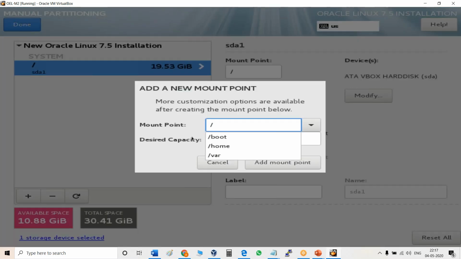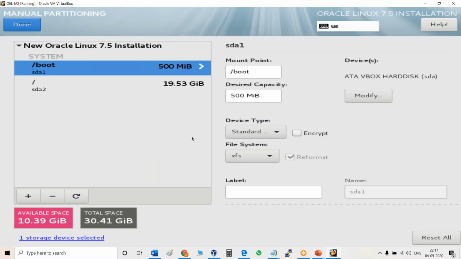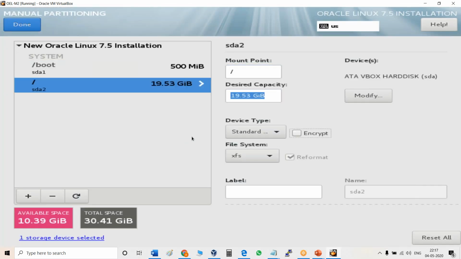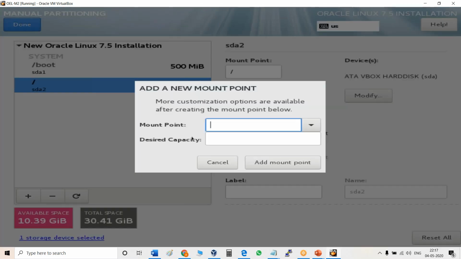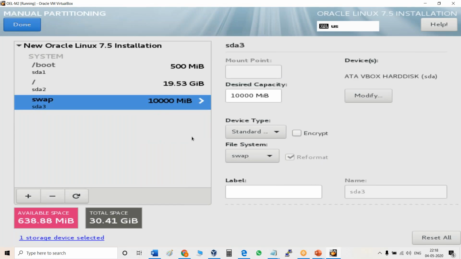Then boot. Give 500. Then again, this time swap. So swap, I'm giving 10 GB. Okay, so this is the way you can do the partition.